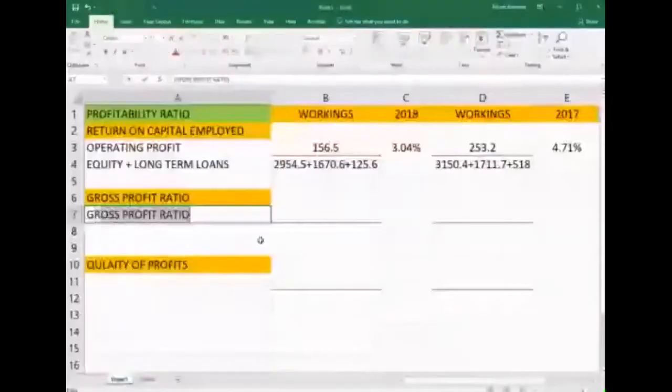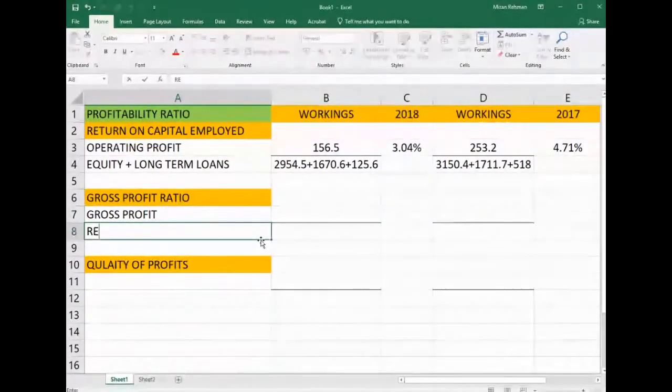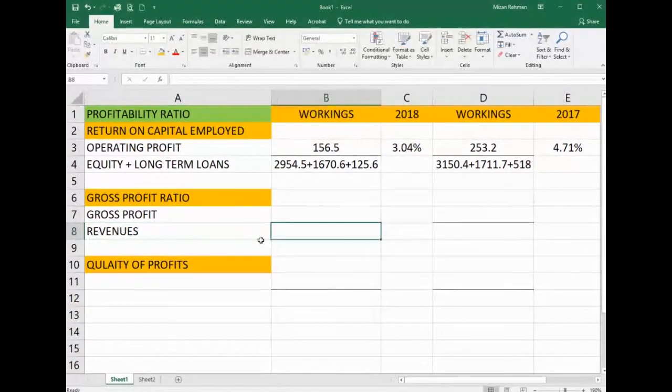I'm looking for the gross profit, and the second figure is revenues. So gross profit was 4047.3, and the revenue was 10698.2,